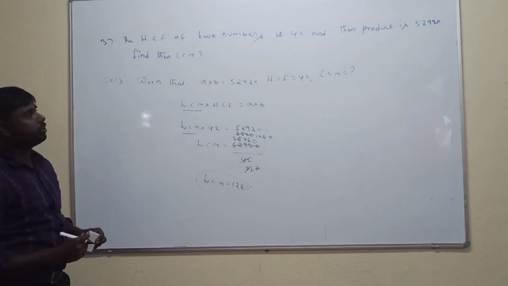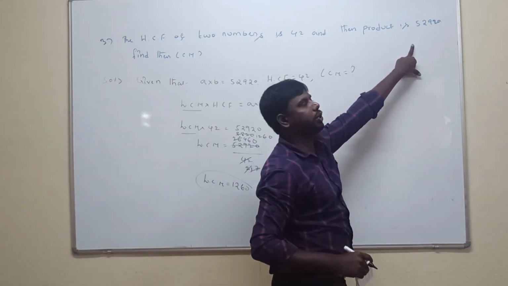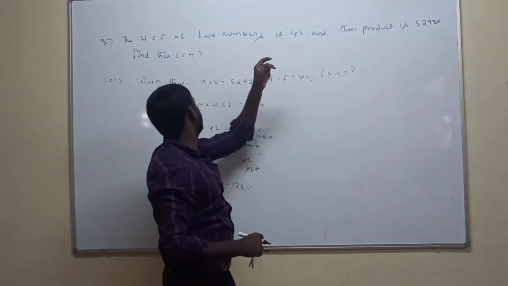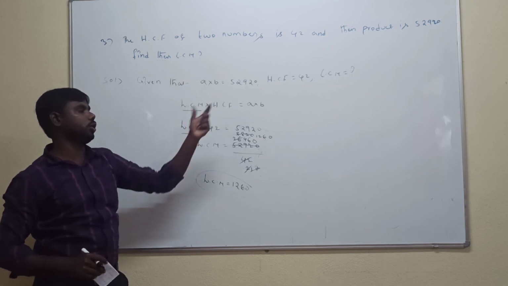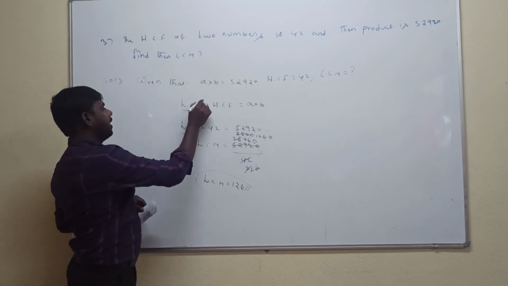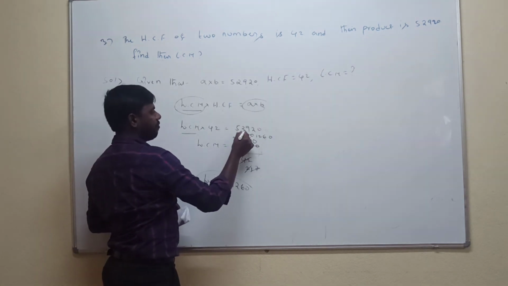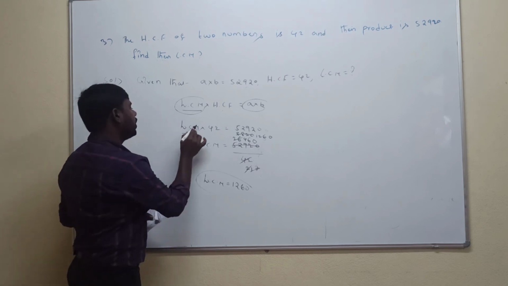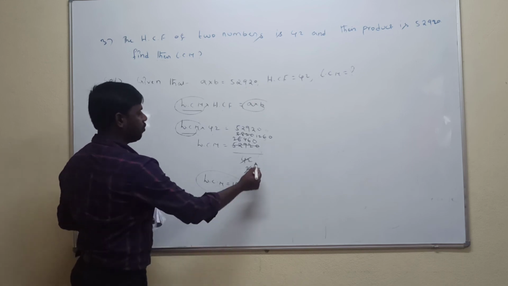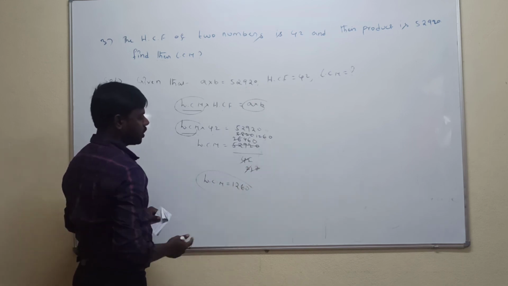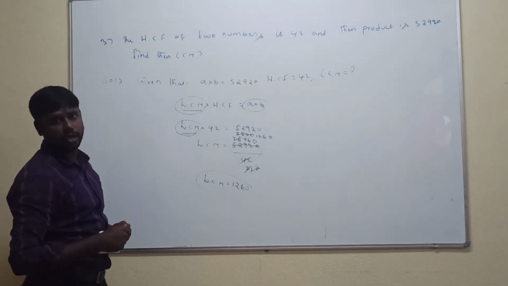1260, that is, 42 times 1260 is 52,920. Everyone understood? The HCF value is given as 42 and the product of the two numbers is 52,920. To calculate the LCM, apply the relation between the LCM and HCF, substitute the values, and the 42 goes to the denominator. So the LCM value is 1260. This question is very important. The final exam will definitely ask it, as a 6 marks or 2 marks question.